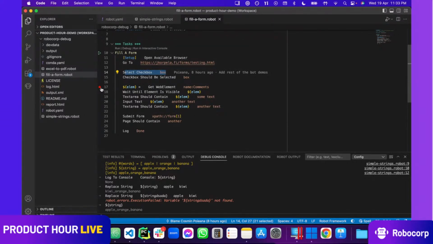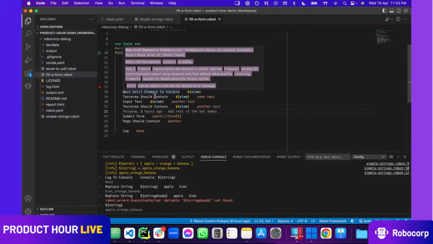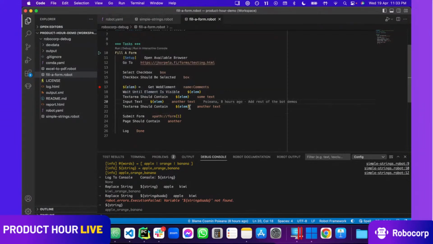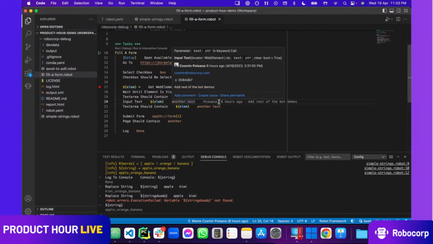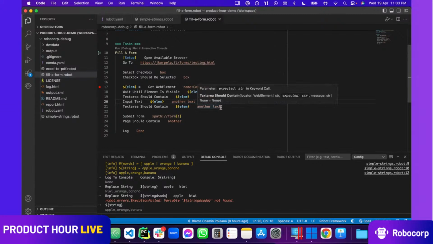I'll be just putting a breakpoint here, because this seems a little bit more complex. And I'll be honest with you, when I was developing this example, I really needed this breakpoint before writing this code over here. I haven't just written it off the top of my head and then it worked flawlessly. No, that will never happen. All the time you need to test things out, see how they are working, because they might not work as you expect from the beginning.